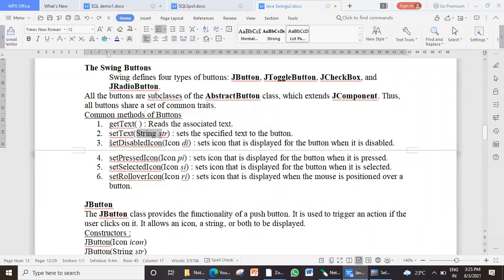Then setDisabledIcon. You know that earlier, the buttons can be customized like this. I'll show you one example. Now, actually, I'm working on a different version of Office. It looks a little different.